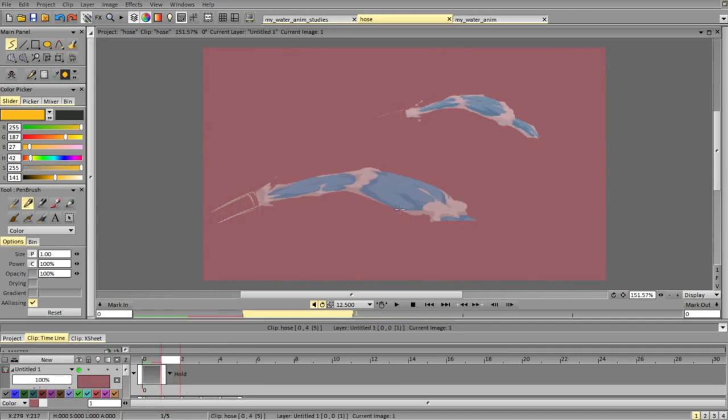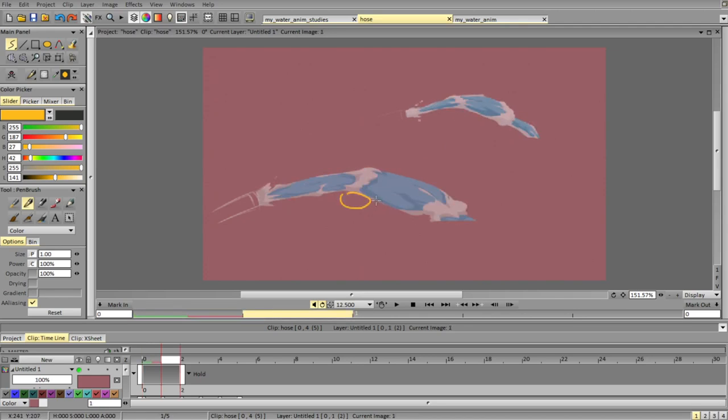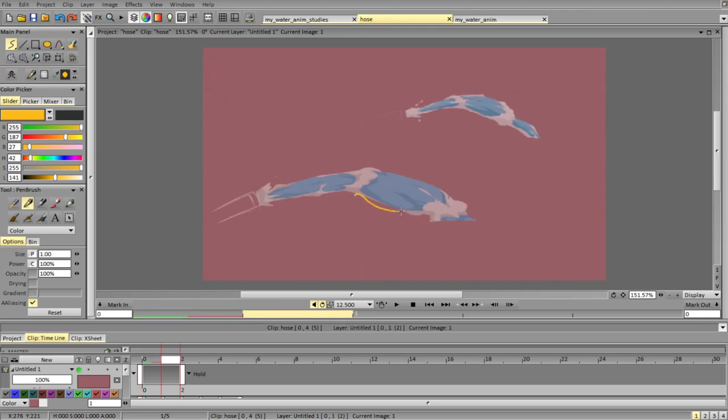On this frame, you see, we had a lot of foam. And then we lose all the foam here. And because of that, we lose some indication of the shape and of the roundness. And we get a straight line, an exactly straight line. So we need to soften up the edge a bit here and add a bit more foam to connect it to the previous frame.